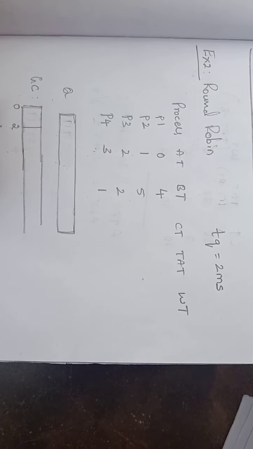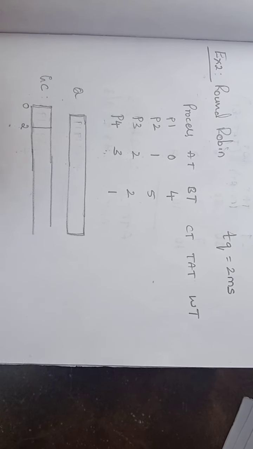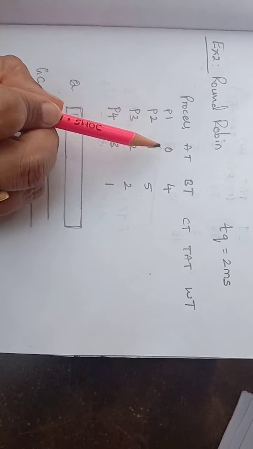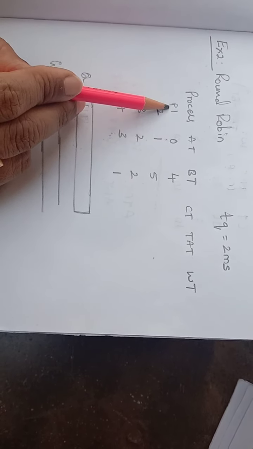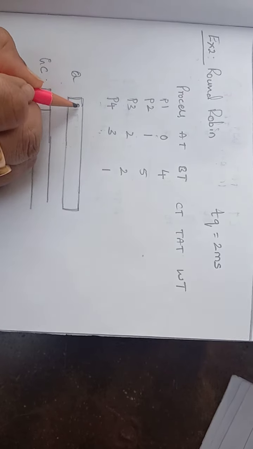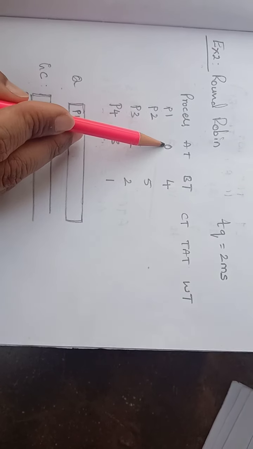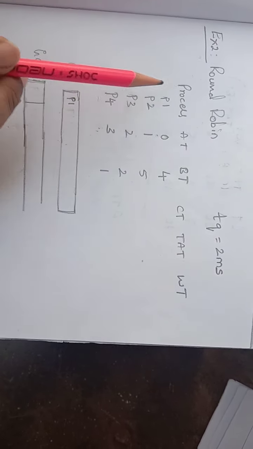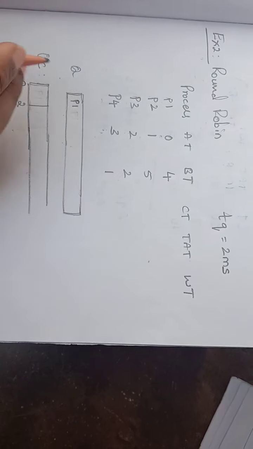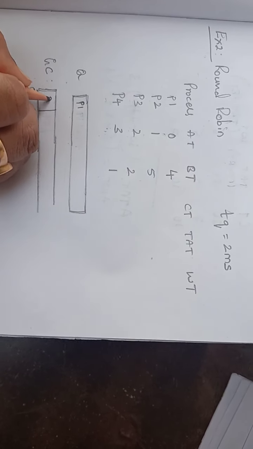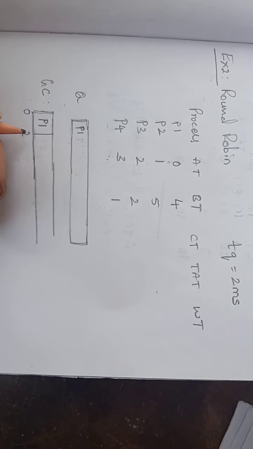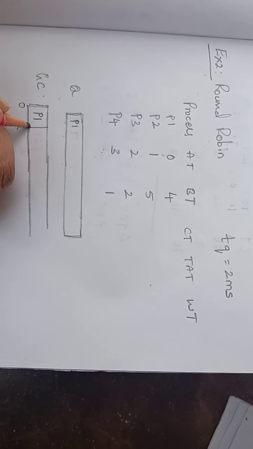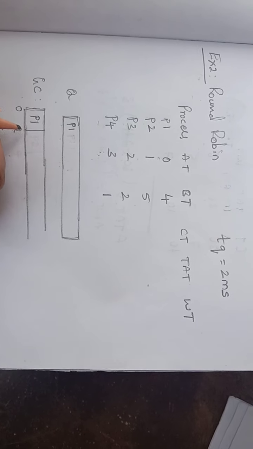Now we start scheduling the processes using the Gantt chart. At time 0 we check whether any process is in the system. We have P1, so let me push P1 into the queue first. Now we give P1 the CPU for only 2 milliseconds, so let me schedule P1 from the ready queue at time 0 for 2 milliseconds. Once it reaches the time limit, we need to preempt the CPU.